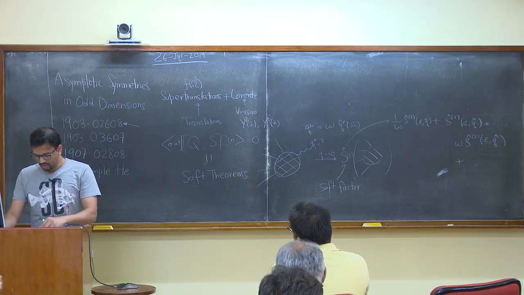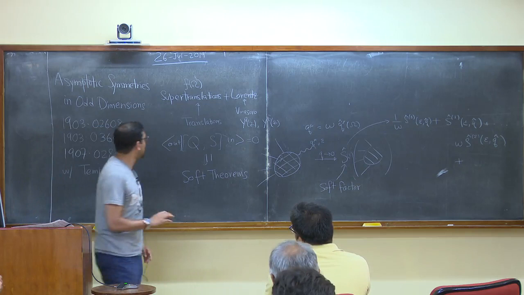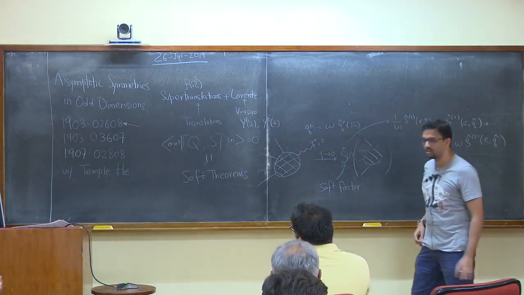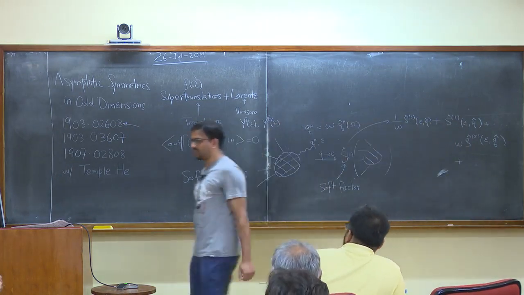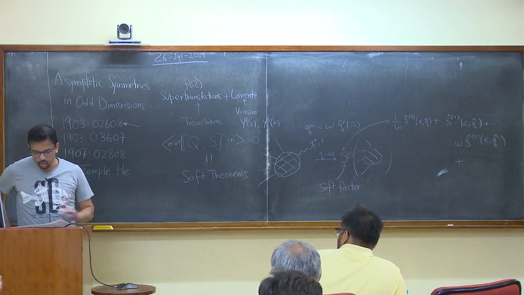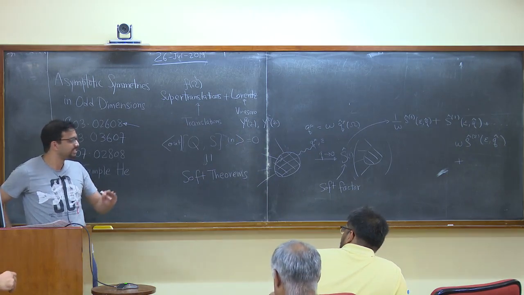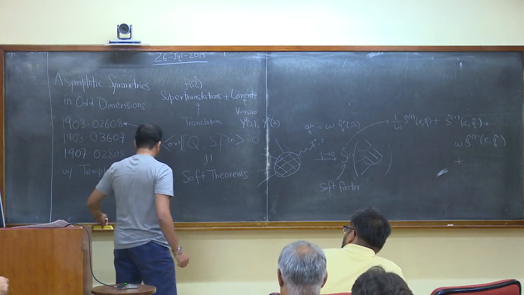Okay, so now what I'm going to do is say some details. I'm going to focus on the work done in this paper, which does this entire analysis for gauge theories. Gravity just carries an extra index, so you just have to worry about a few more calculations. But the qualitative features are all captured already by just doing abelian gauge theories. So what I'm going to now focus on is... sorry,